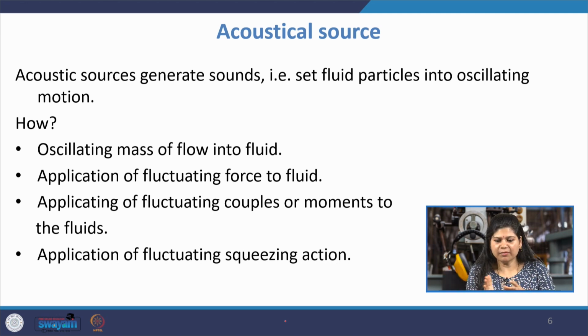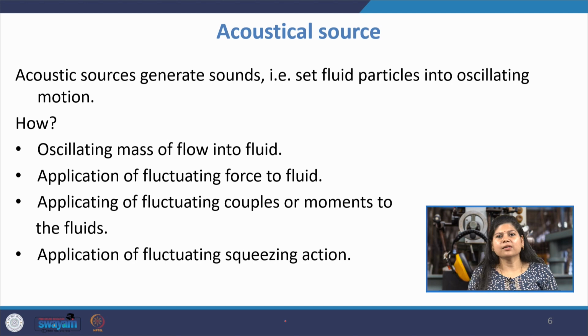I am pushing them, the particles are moving around. Then I am pushing backwards, the particles from here are moving around. They are getting sufficient time to relocate and be at peace, as you can say. But if the frequency with which I am vibrating my hand, the speed, frequency is what? The number of cycles I am doing per second, becomes high enough, then you would be able to hear the